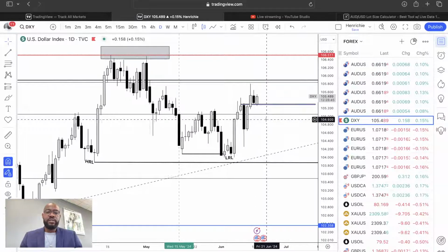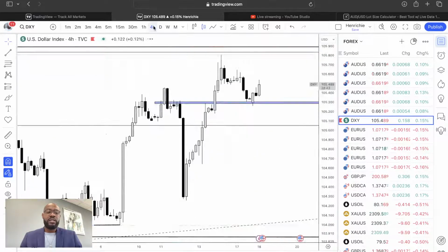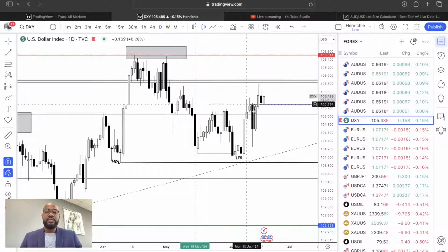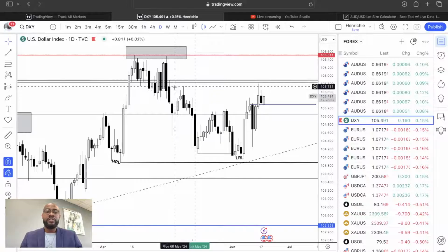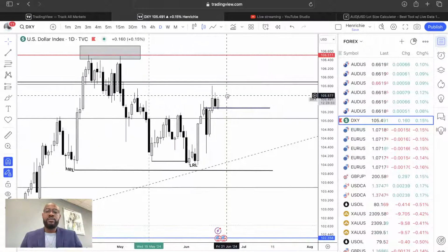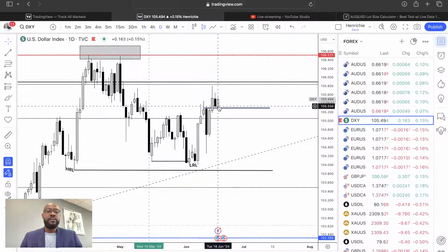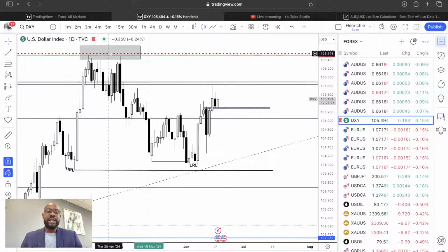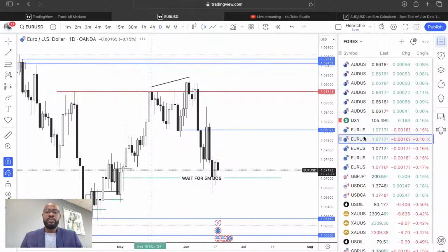So in this live stream, we're going to start by talking about the US dollar, what the market is doing so far. And right here, as you can see, price seems to be edging higher. And so far, we've taken out the high resistance liquidity resting right here. So I wouldn't really be surprised to see the market on US dollar index expand higher, potentially to run the buy side liquidity resting right here.